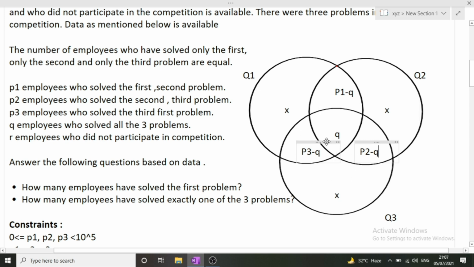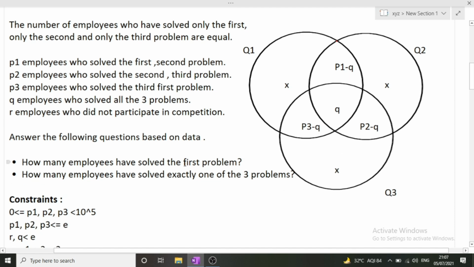So this is what the Venn diagram has become now. I hope the question is clear and how these positions are referring. Now one thing more, what does this X represent? X represents the number of people who have solved only question 1, that is, see my cursor, this area from here to here. This particular area has been represented by X only. Similarly, X here also represents this only, and X here also represents this only.